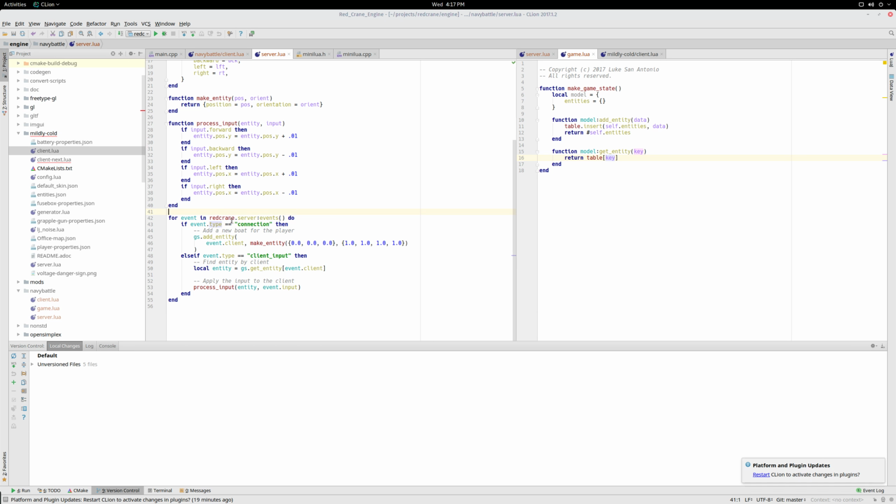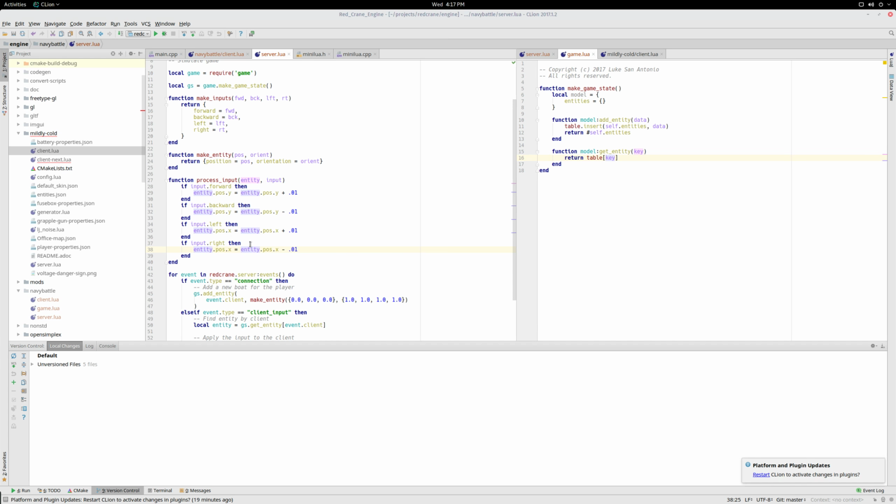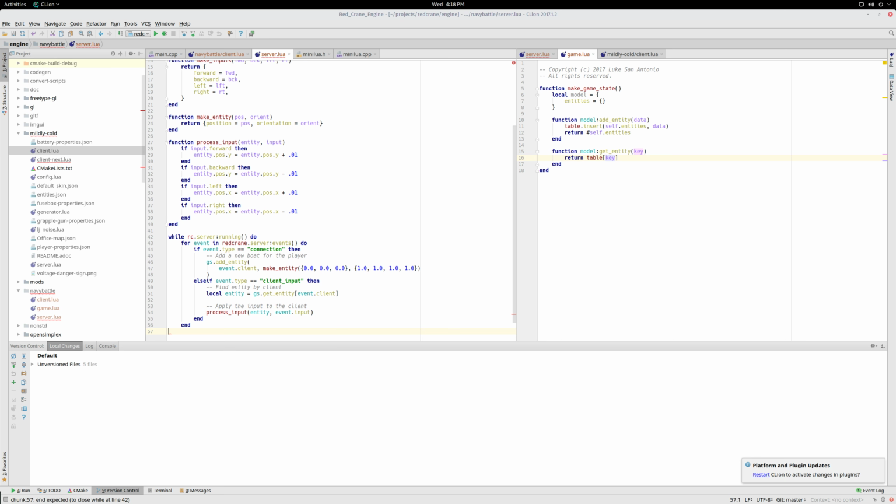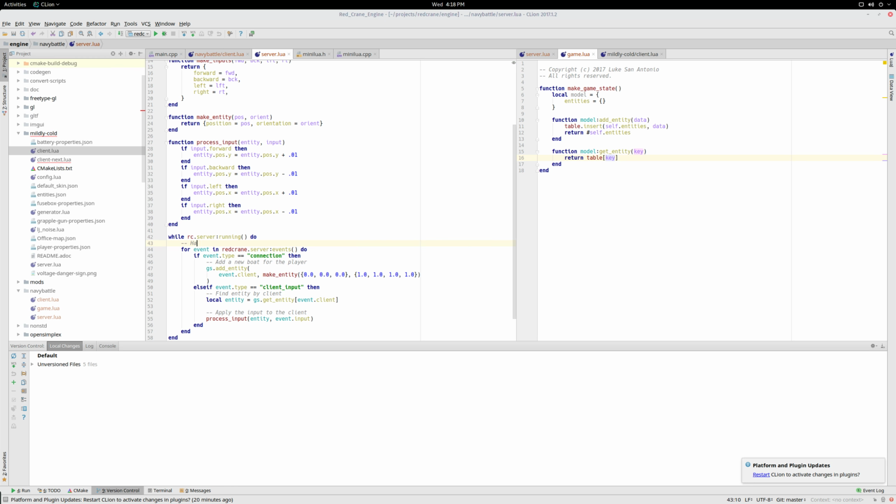We're going to continuously step the engine, which actually we should do this. We should say while rc.server is running, and we can just indent all this. Okay, so now that'll keep repeating. So we're going to handle events